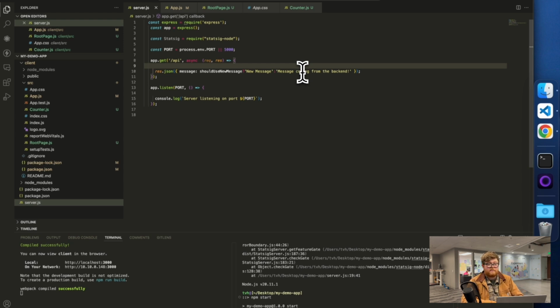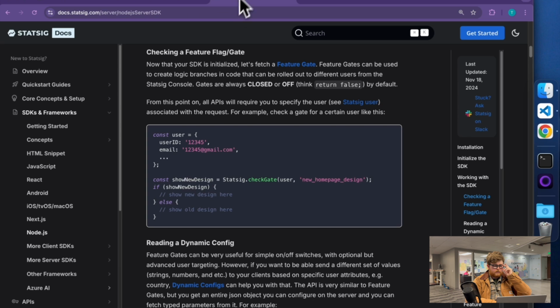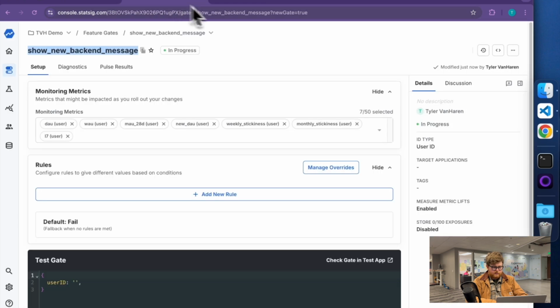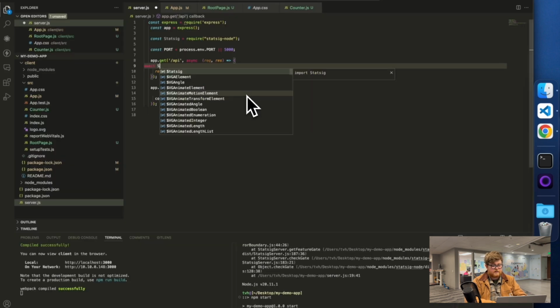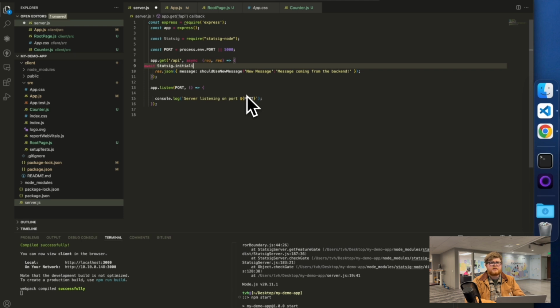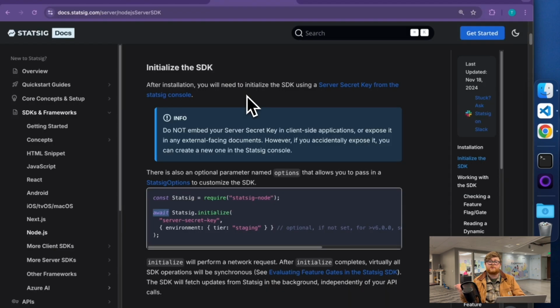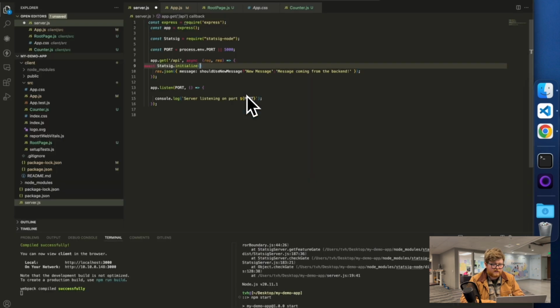In particular, I'm obviously going to want to get it imported, but then I can also go ahead and start initializing. That will look something like this, just calling await initialize. So await statsig.initialize. Generally speaking, this is something you're going to want to do on server spin-up as part of that process. Here I'm hackily initializing